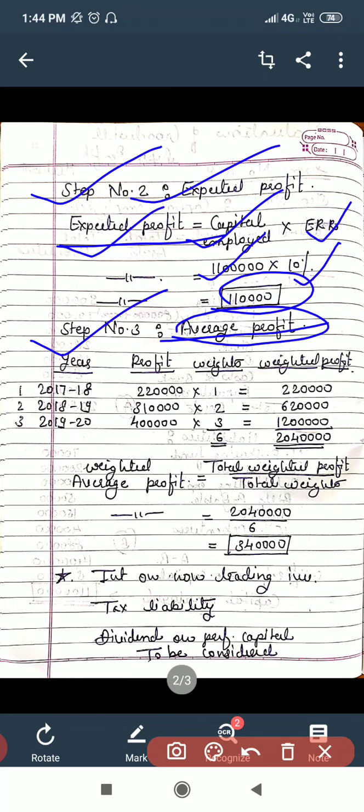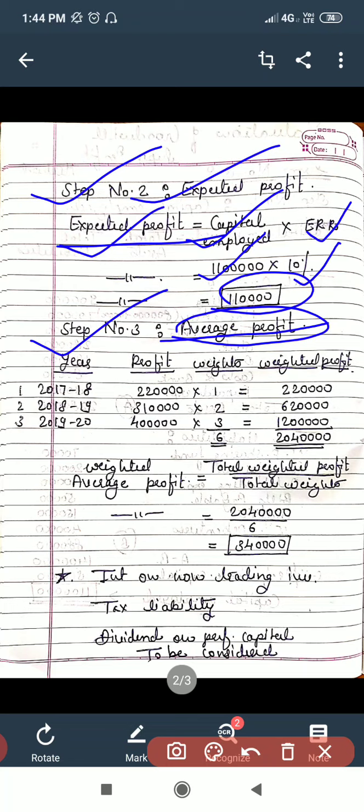Now, if you check your question, in the entire question you have not been provided any profit for any of the years, but a single line has been written that the profit of the company before tax for the last 3 years is increasing every year by rupees 90,000. This is the base with the help of which we can make out our profit for the last 3 years.